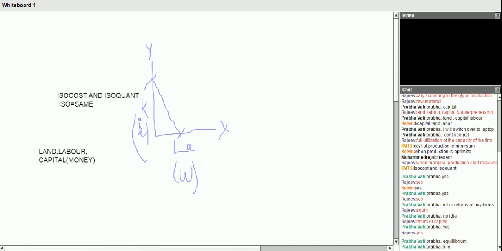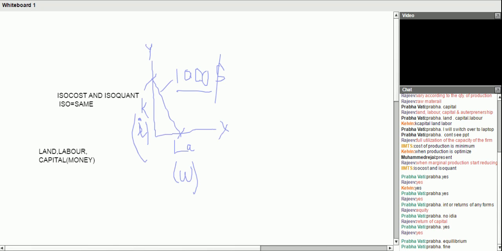So suppose his budget is $1,000. Any combination of capital and labor which he is going to use on this line will be within this 1,000